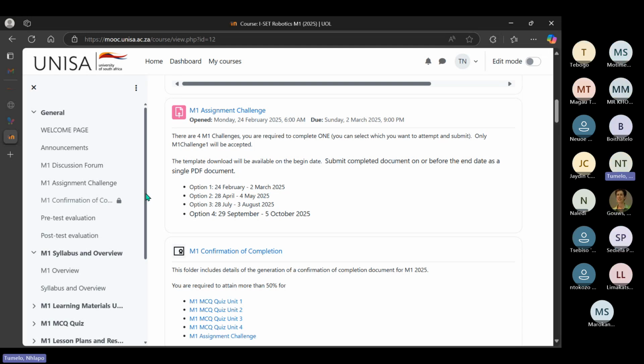I'm glad the site is available now. Sorry for the delay. Looking on the left-hand side underneath the UNISA logo, there is